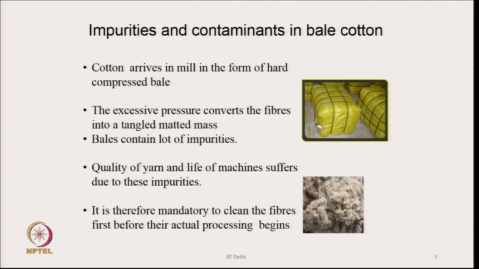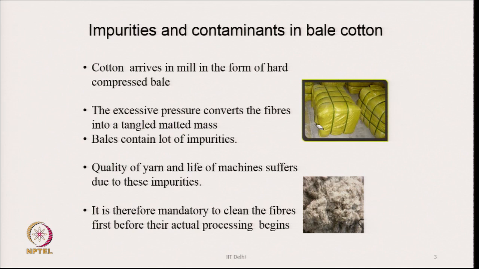Now, in the ginning machines, seeds are removed and the fibers are separated out, and then these loose fibers are compressed in the form of a bale as it is shown in the diagram. The bale contains a lot of impurities. The ginning process cannot remove the impurities. The main purpose of ginning is basically to separate the seeds from the fiber. The fibers are attached to the seed, and hence we have to remove the seeds from the fiber first. So, that separation is done on ginning machine.